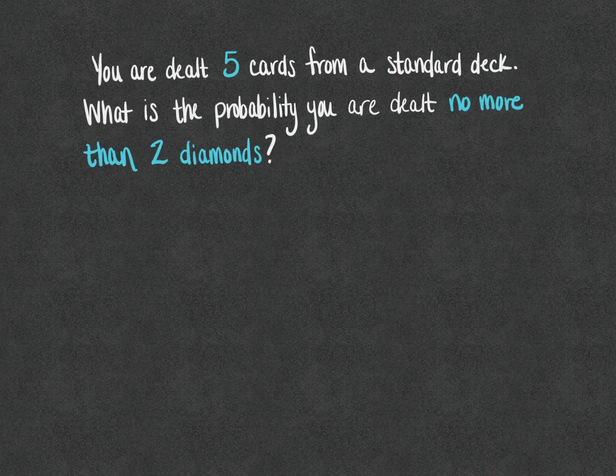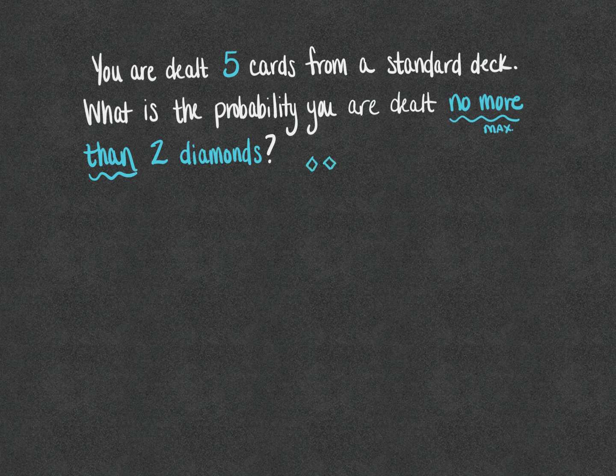All right, let's practice one more example. We're going to return to our deck of cards, again being dealt 5 cards from a deck. What is the probability we are dealt no more than 2 diamonds? No more than 2 diamonds. No more than is talking about a maximum. So if we have a maximum of 2 diamonds,